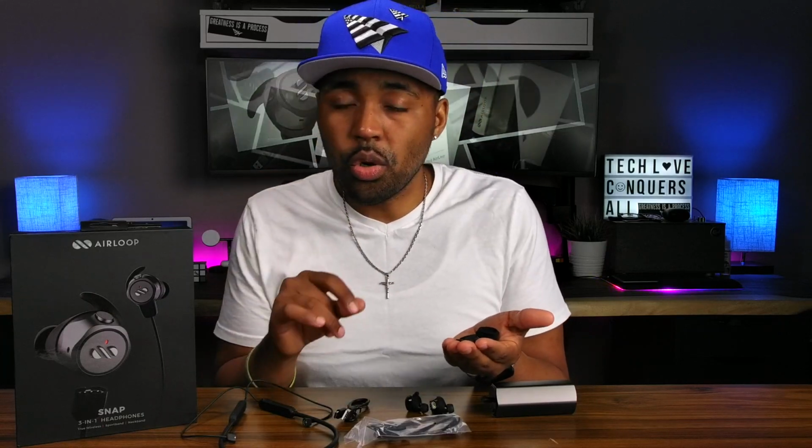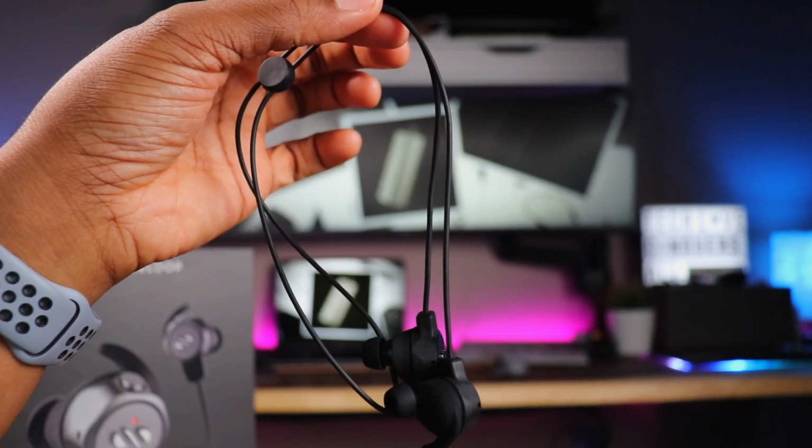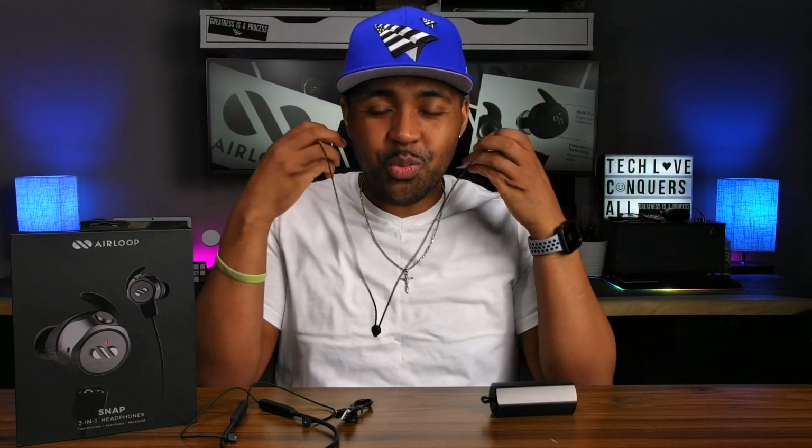So 6 total ear tips and 3 total ear fins. Here is your sports band right here. Just go ahead, throw these around your neck, have them in your ears like this. Normally with me, when I have a sports band, I hate working out with something rubbing against my neck, so normally I'll just wear them in the front like this. I know that is not what it's intended for, and I would just use this when I'm not using them